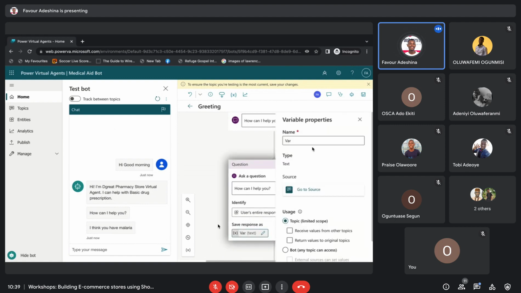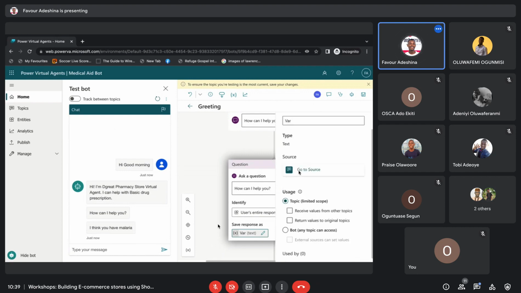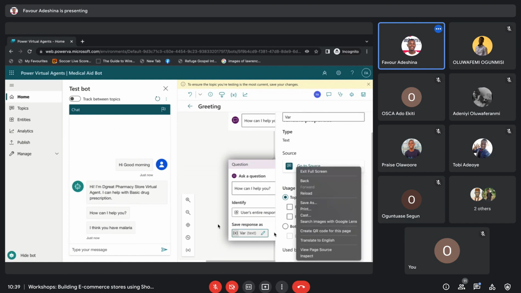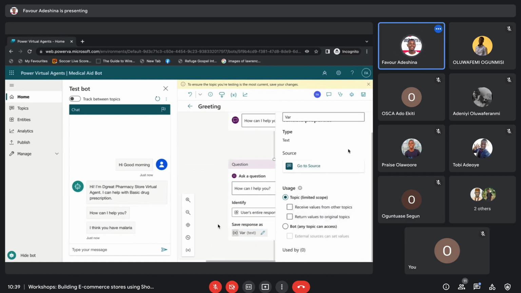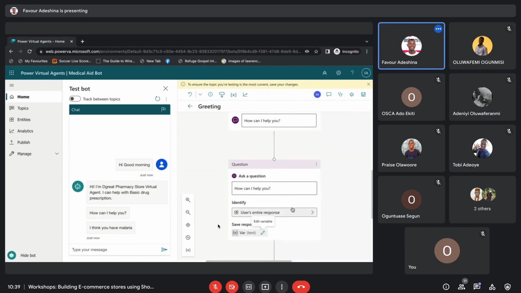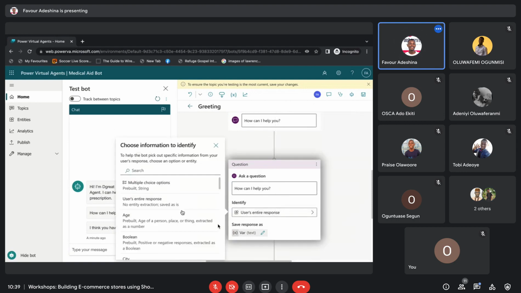So say response as text. Okay. So let me check if this is working now. Identify users of the response.